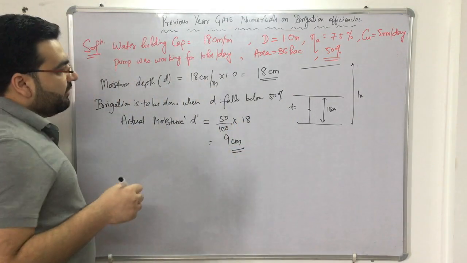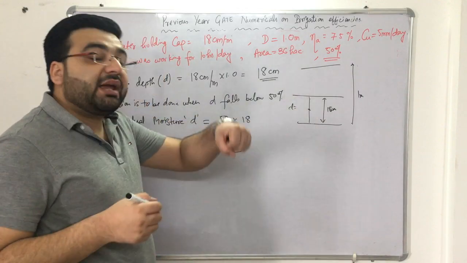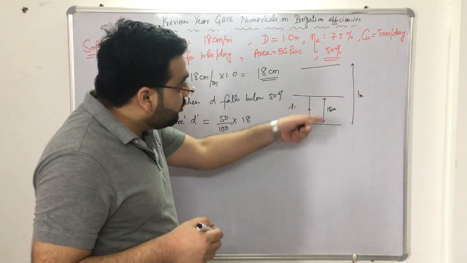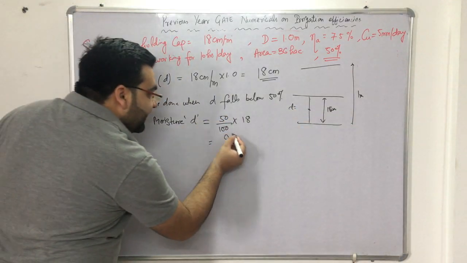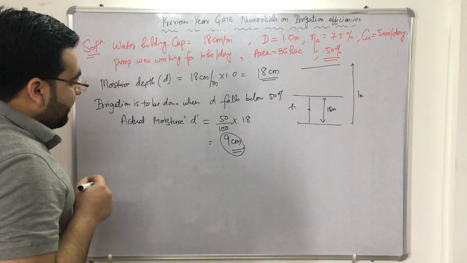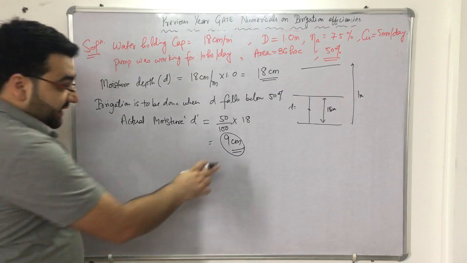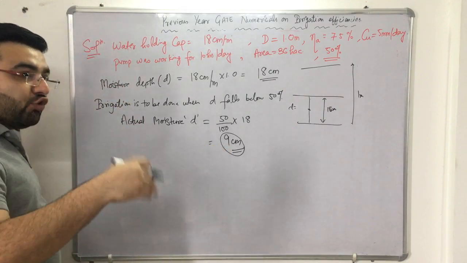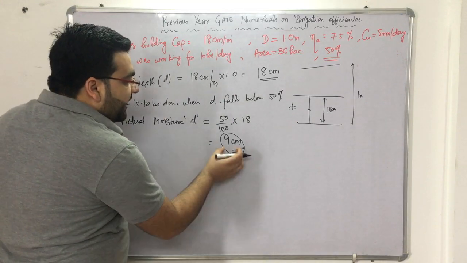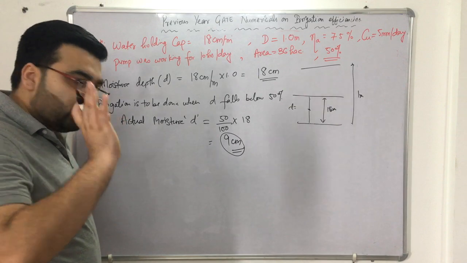So it means that when this water level falls below 9 centimeter, then the plants are not able to suck that particular water for their growth, and we have to do the irrigation. Simple, right? Okay. Now another important thing is that let us calculate the frequency of irrigation. If this is 9 centimeter, after how many days do we have to do the irrigation? If you remember, frequency of irrigation is the moisture depth divided by the consumptive use, CU. I told you that, right?